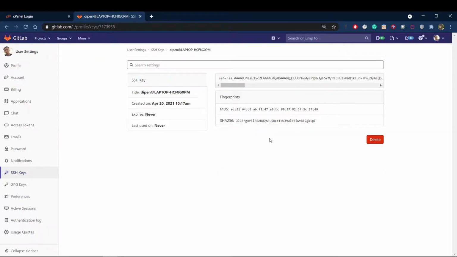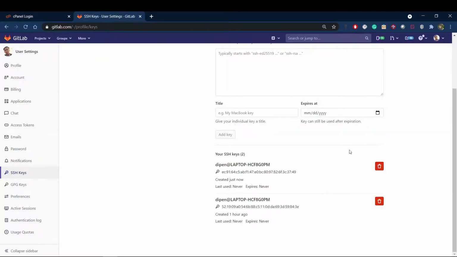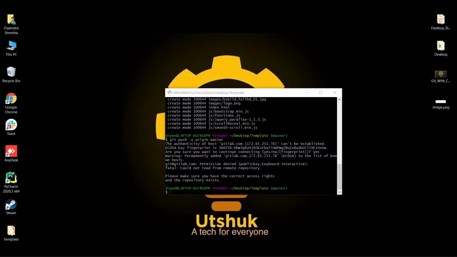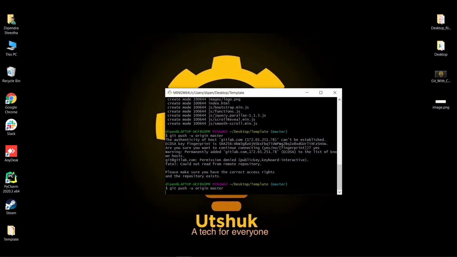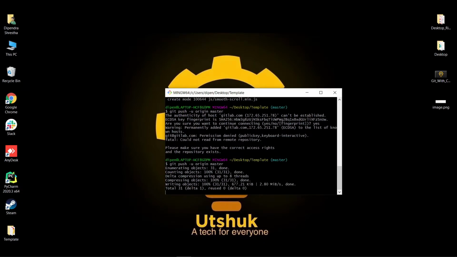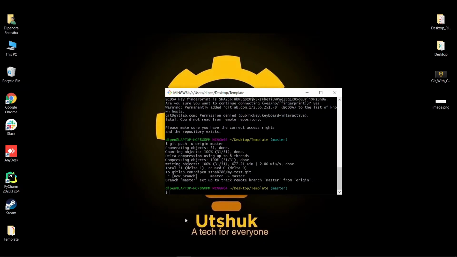So the SSH key has been added. Here I have two SSH keys. This one is the previous one, so let's delete this. Now you can simply push your branch into the master using the same command here. So now it's successfully added in our repository.